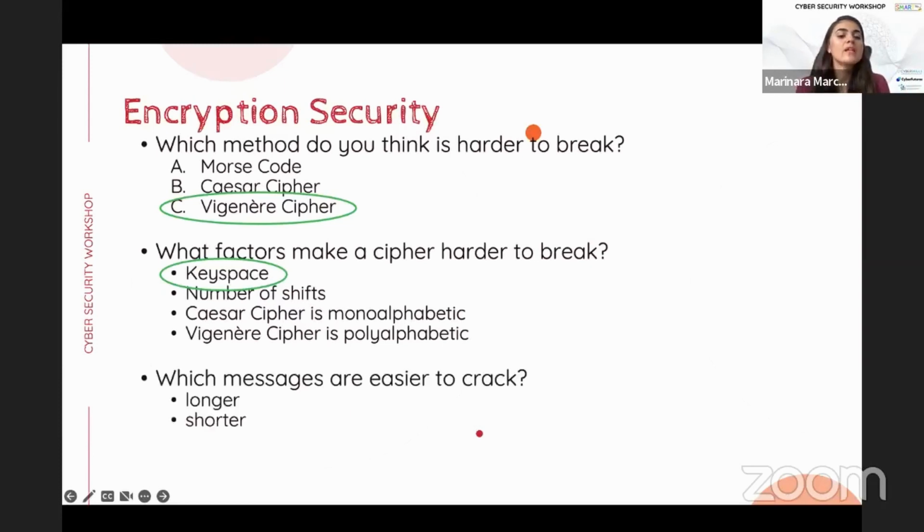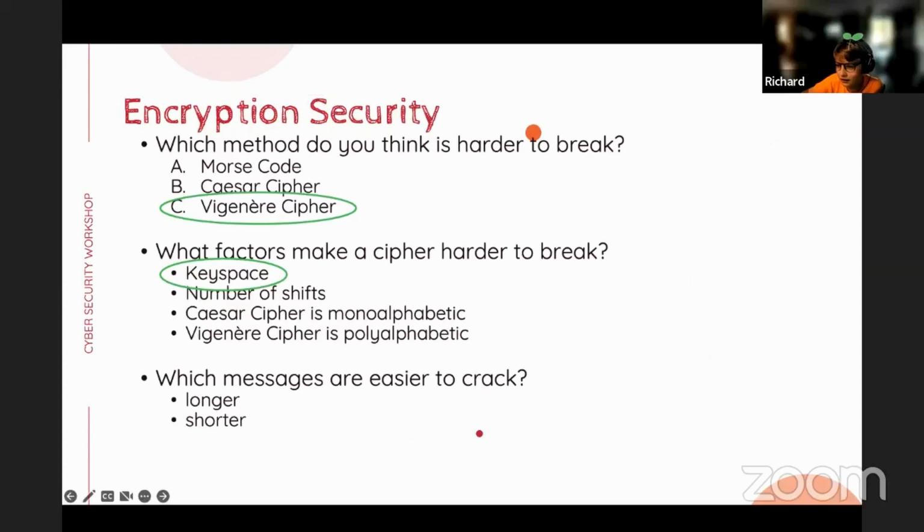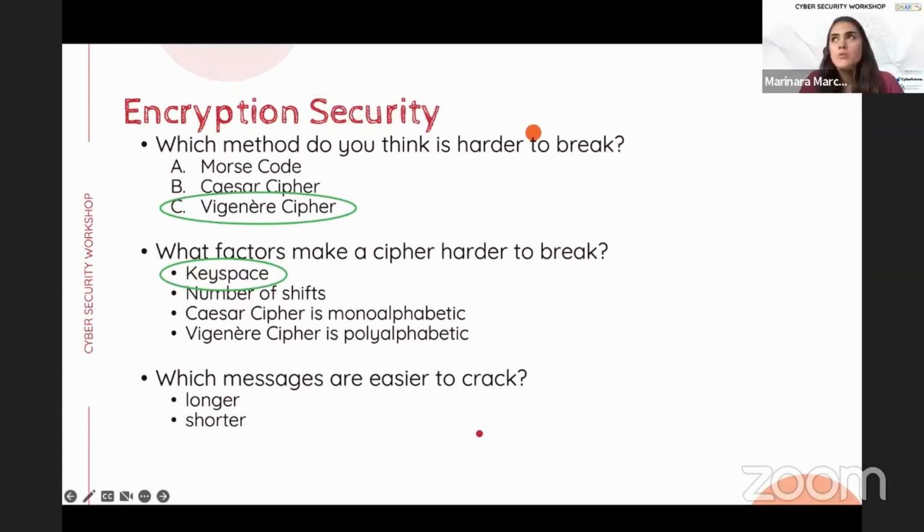And which messages are easier to crack using frequency analysis? Is it a longer message or a shorter message? A lot of words, or just 2 words, which are easier to break? Yeah, Richard? Two words. I would say if it is like 1 or 2 words, or up to